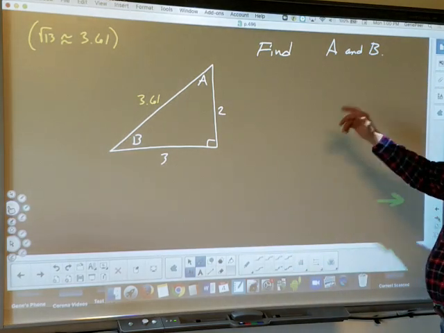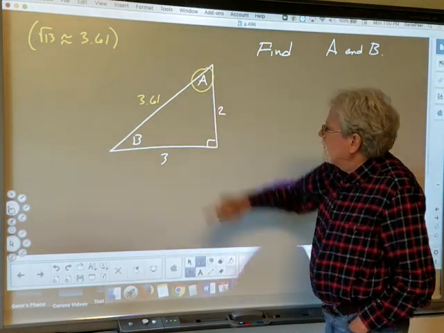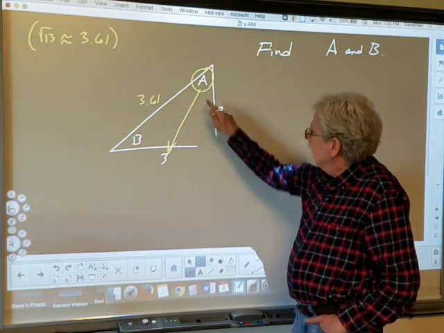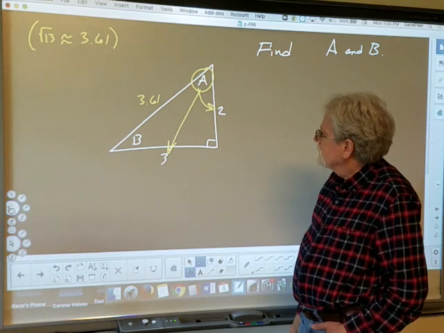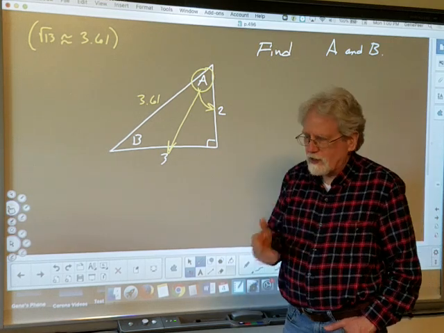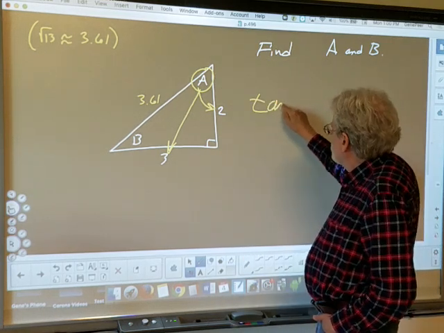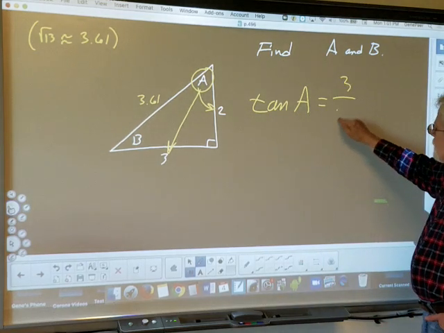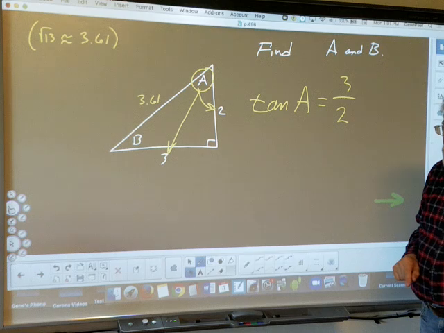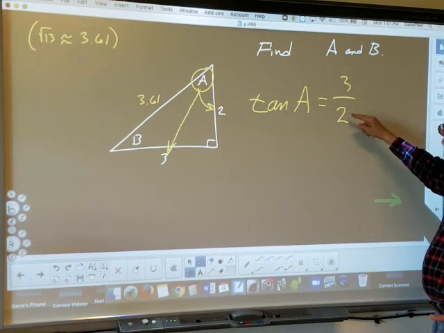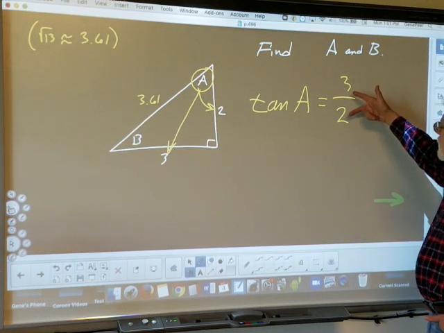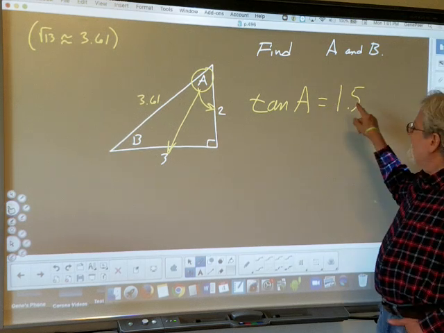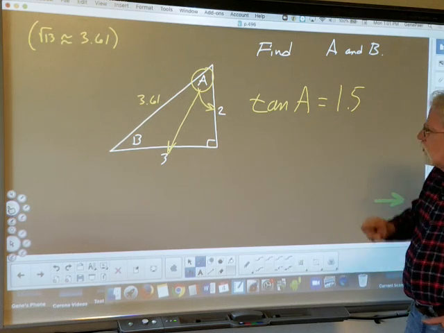So to find A and B, what are we going to do? All right, let's find A first. From A's perspective, that is the opposite side. That is the adjacent. Opposite and adjacent, we have tangent. We will write tangent of my unknown angle A is opposite over adjacent. SOHCAHTOA, T-O-A, opposite over adjacent. 3/2 being 1.5. So now I know the tangent is going to be 1.5,